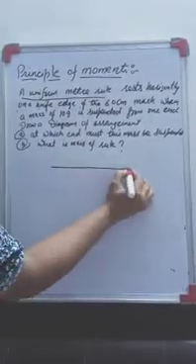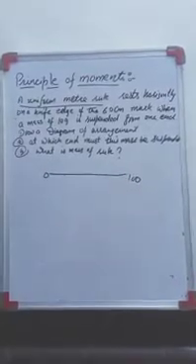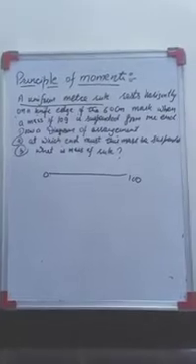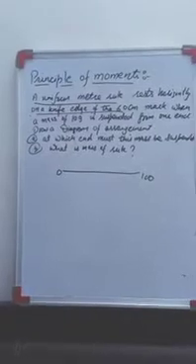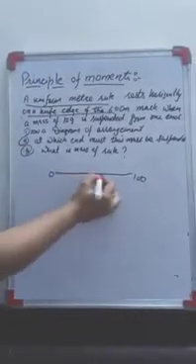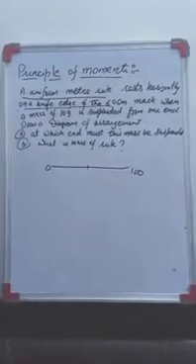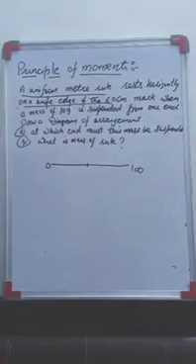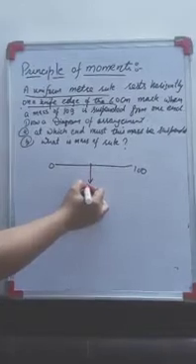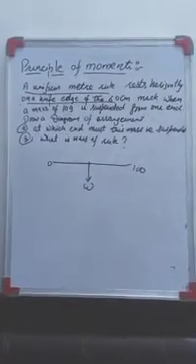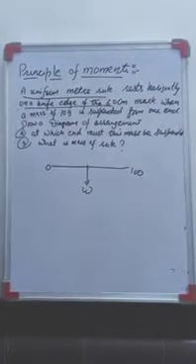So the arrangement we will draw is 0 to 100 centimeter. The scale rests horizontally on a knife edge at the 60 centimeter mark. Now, the weight of the scale always acts at the center, so the weight will act over here. Let us take the weight of the scale as W.